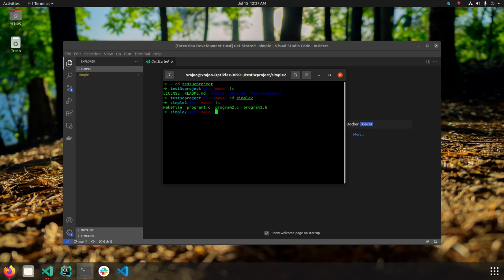There are 2 C files here which are interrelated, so you're going to want to do code dot, but first you have to make sure that you have a compile.json. Never forget that. So do a bear make, and there you go. So now you can do code dot to open up VS Code, but I already have it open here,